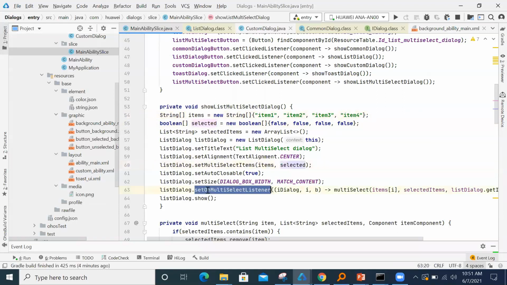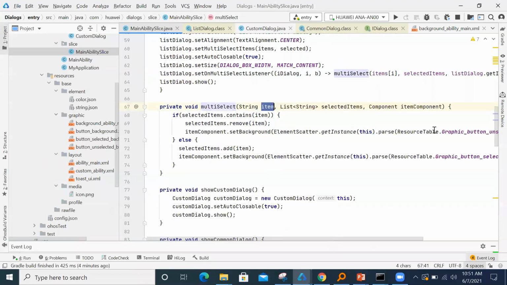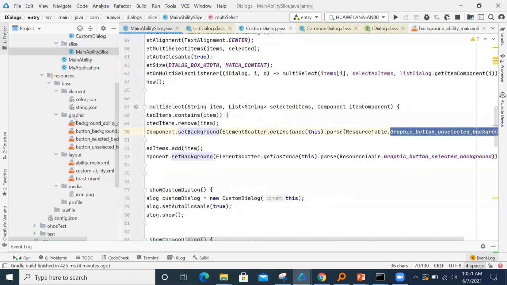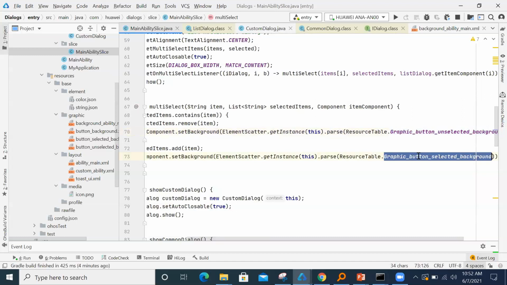And then in the multi-select listener, based on whether that particular index has already been selected, I'll set the background to one color, which I have mentioned inside this graphic. If I click it again, it will be unselected, right? So unselected means I'll show this background, and if it is selected, I'll show a blue background. So that's about the multi-select part.